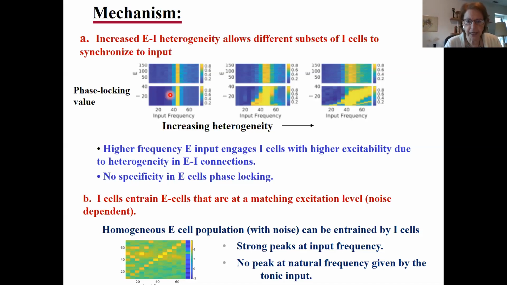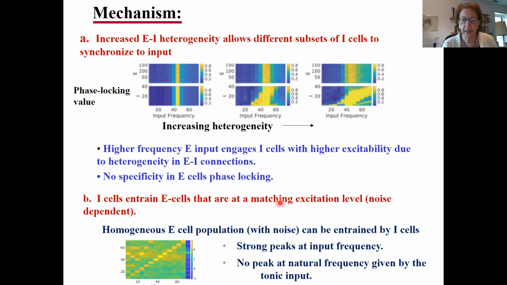So what you see is that as the heterogeneity gets larger, different subsets of I cells start responding to different inputs. And when you get to the highest amount of heterogeneity, basically almost from 0 up to 70, there's some subset of I cells that will lock to the frequency that's coming in. The reason it can do it is they're heterogeneous and they have different levels of excitability that are coming from getting more or less excitation from the E cells. So the I cells are able to